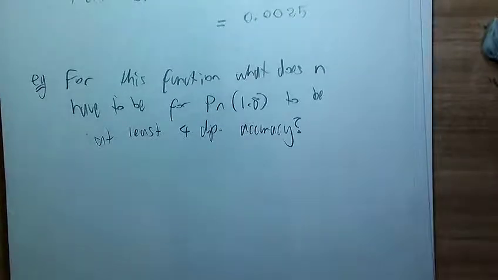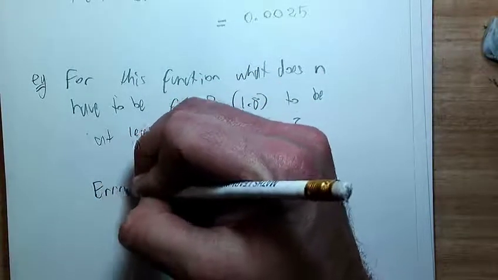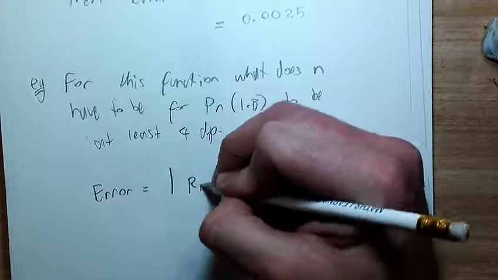Well, this time we don't know what n is. So we can say the error is the absolute value of Rn 1.8,